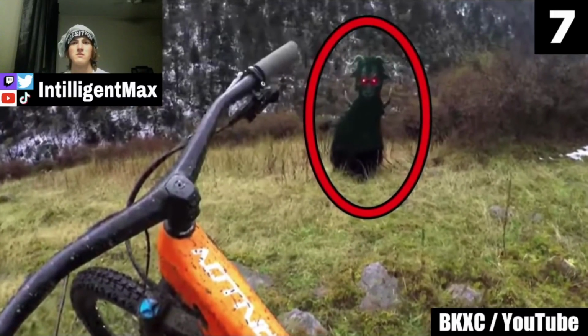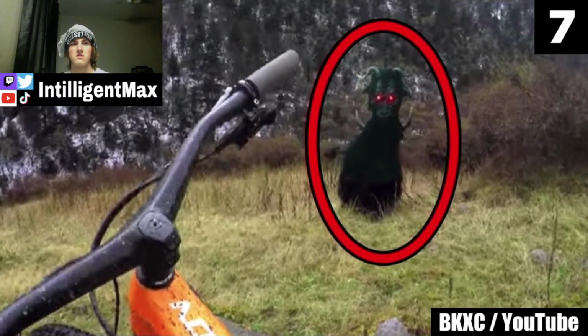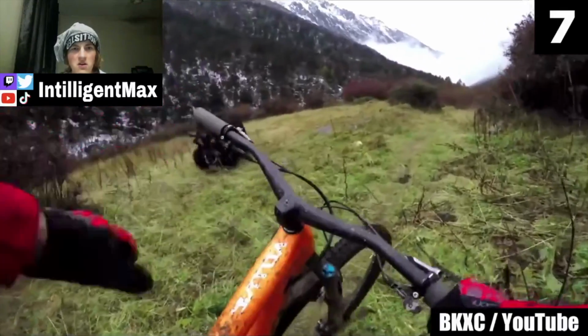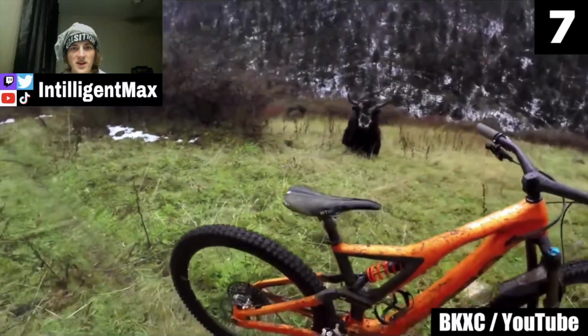But it's not. It's a yak making that noise, or maybe the sound of a bike coming to a screeching halt. The biker jumps off his bike